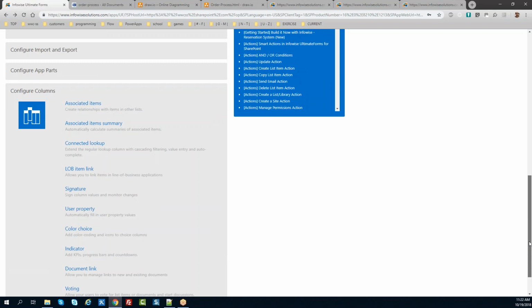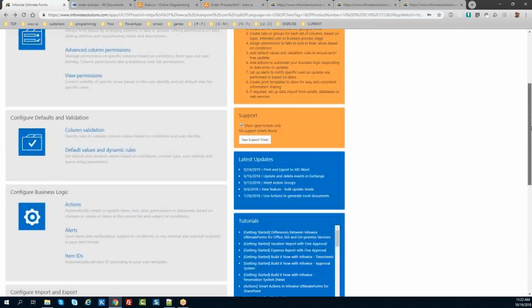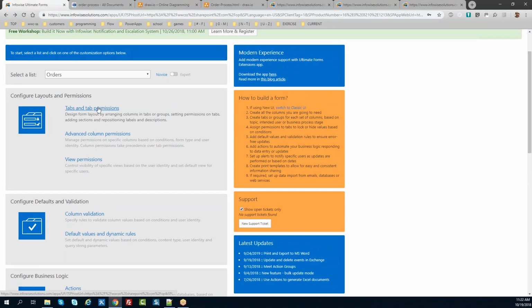I just can go to these different settings options, and all of this enhances and expands my abilities as far as what I'm able to set up in SharePoint. Okay,